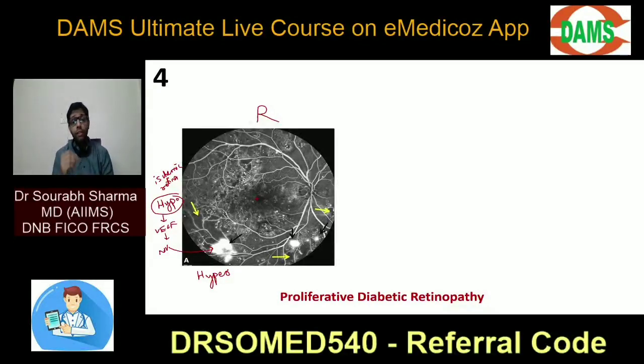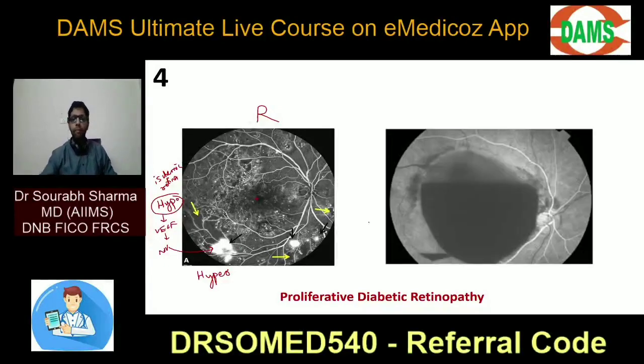Okay, now if there is a lot of blood leaking from new vessels, where will it go? It is above the retina, I told you. The blood can go into the vitreous. There can be vitreous hemorrhage. So if there is a vitreous hemorrhage, that is also proliferative diabetic retinopathy. If there is blood in the vitreous, this is vitreous hemorrhage.